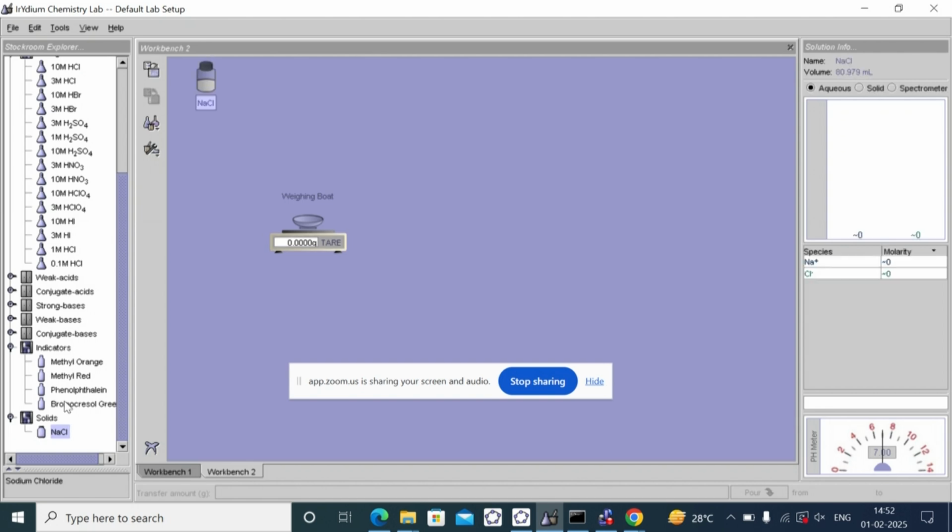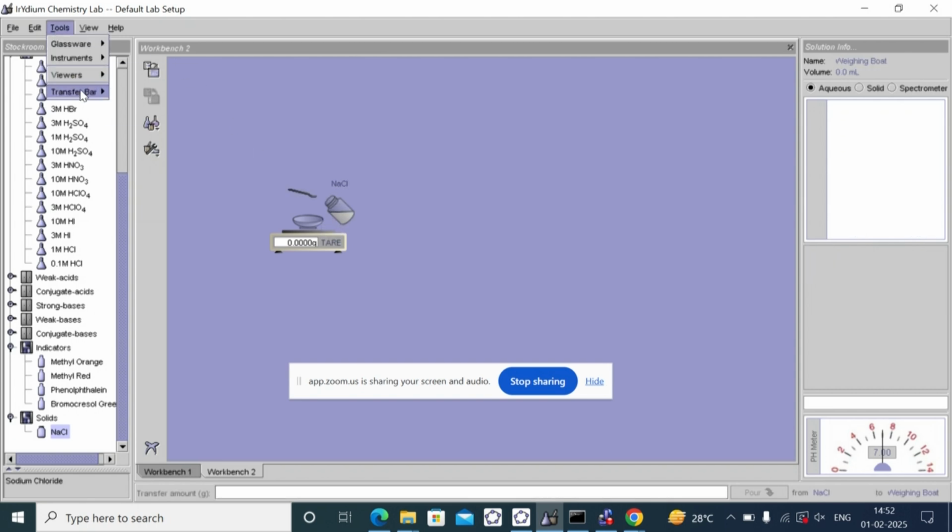So you keep, and you take any solid, sodium chloride, for example, and then weigh. So, for example, if you want to transfer 10 grams, you just click on pour and it gives the 10. Okay. So like this, you can do a lot of transfer of liquids also.